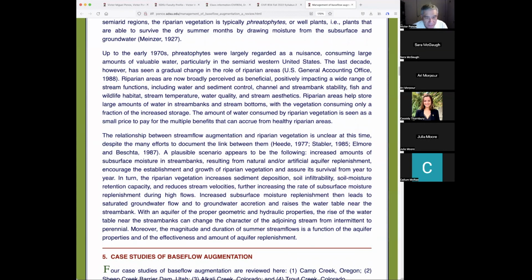Okay, so the relationship between streamflow augmentation and riparian vegetation is unclear at this time, despite the many efforts to document the link between them. Heedy, a guy from the Forest Service in Arizona; Stabler, an interesting guy, somewhere in Colorado; and Elmore and Vegetation. I remember Stabler, interesting guy, because when I was talking to these people,